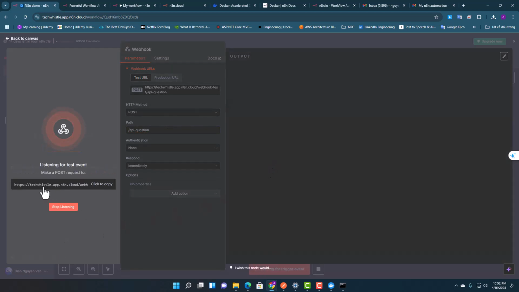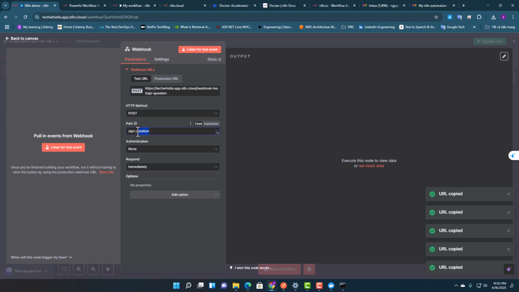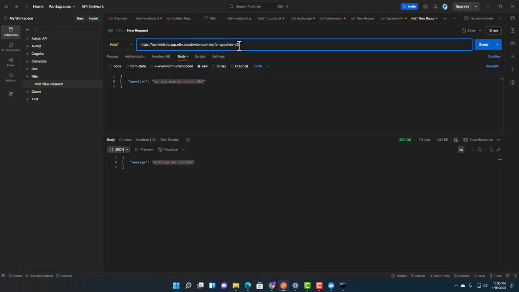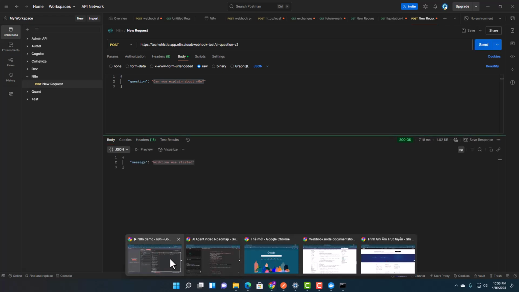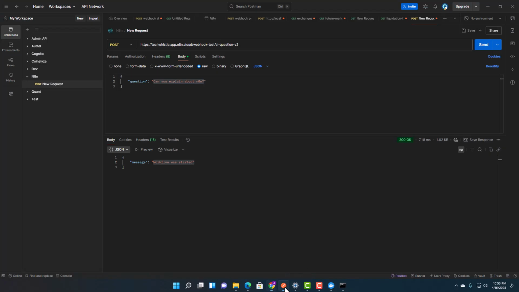For example, we can edit the path to ai-question. We can edit this and see the body: Can you explain about the n8n, when I send it from Postman? Okay, hopefully good. And next we set up the OpenAI